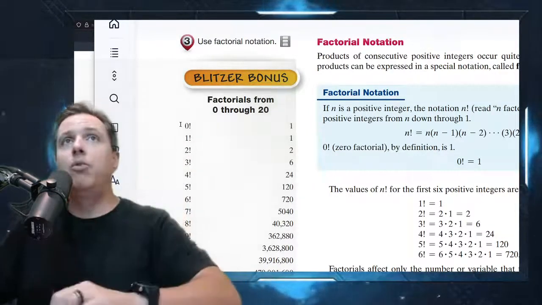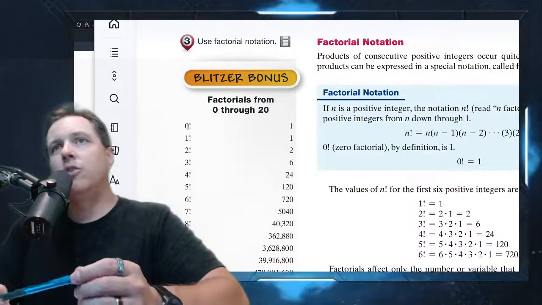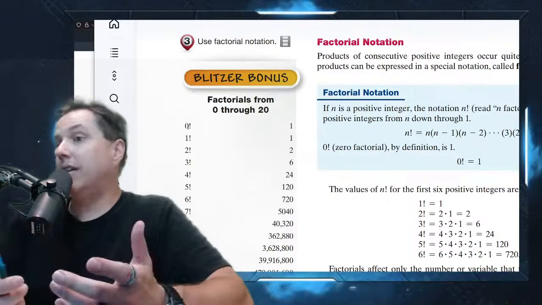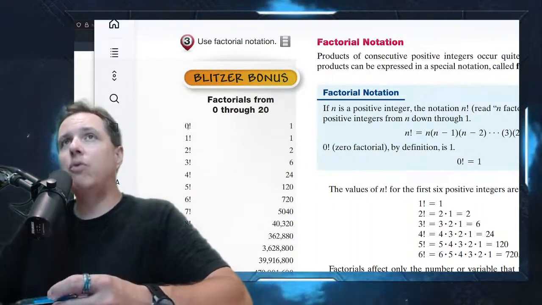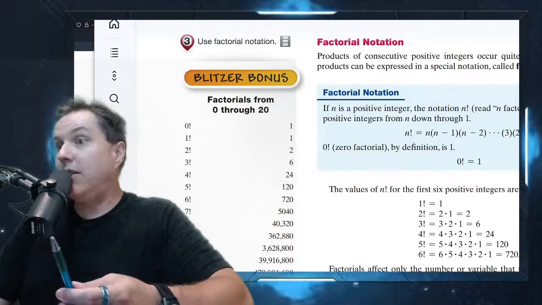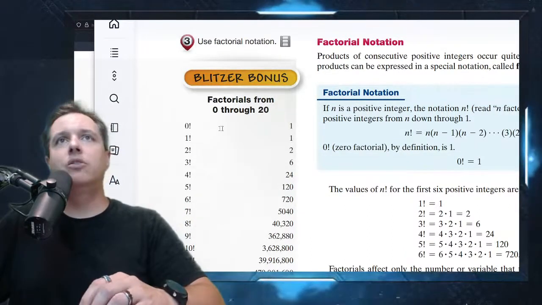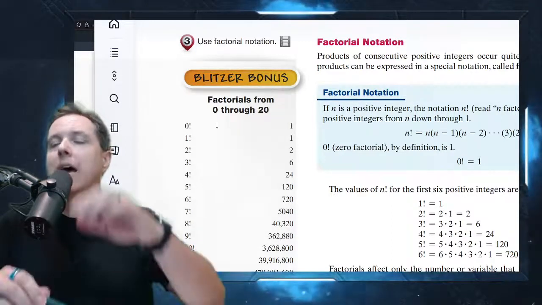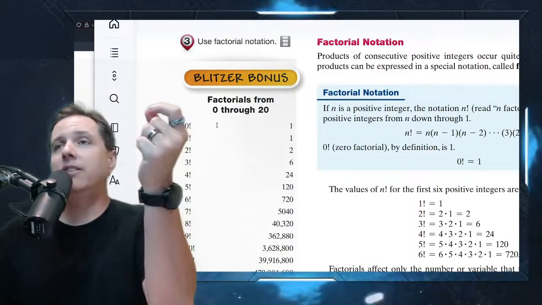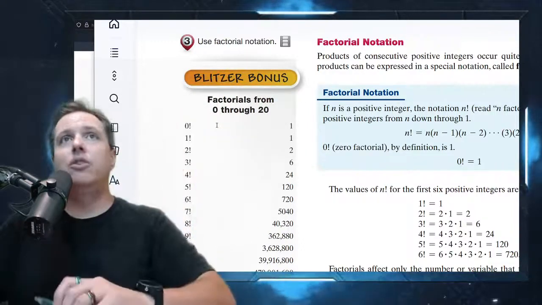Oh, important point, 0 factorial is equal to 1. I know it does. You wouldn't think so. Those of you who go on to study combinatorics, you'll see why mathematics has defined 0 factorial to be 1. It actually does make sense that 0 factorial should be 1. But right here, when we're just getting used to factorials, it seems weird. It seems like 0 factorial should be 0, right? But it isn't, and there's good reason why we don't do it that way. Just know that, because sometimes when you start doing permutations and combinations, you have factorials in your denominator. And if you think that 0 factorial is 0, then you're going to have problems, right? So make sure you know 0 factorial is 1.